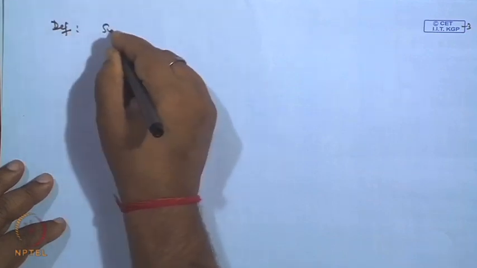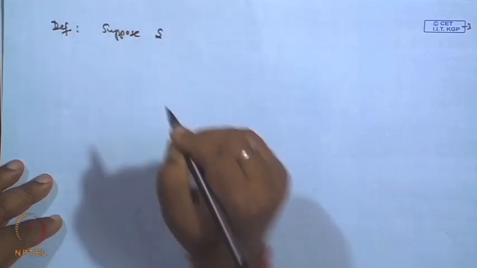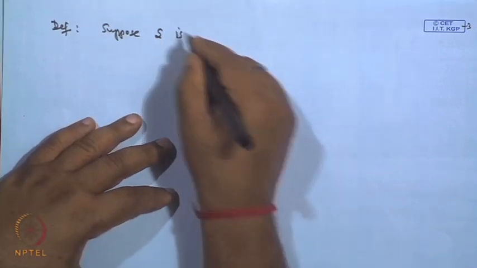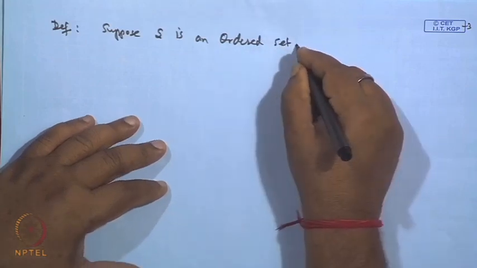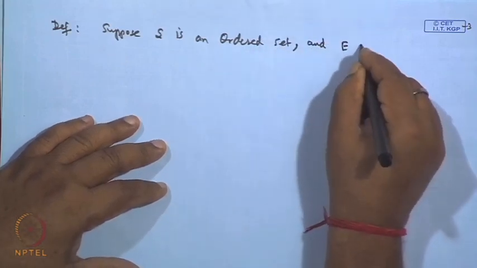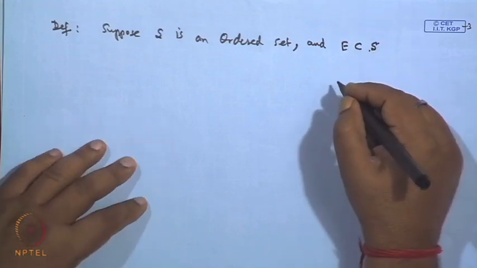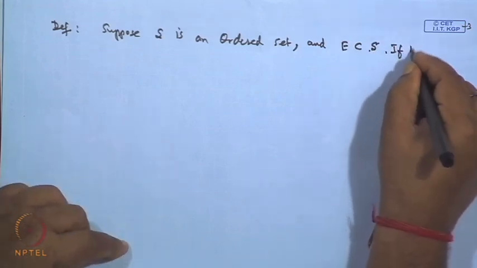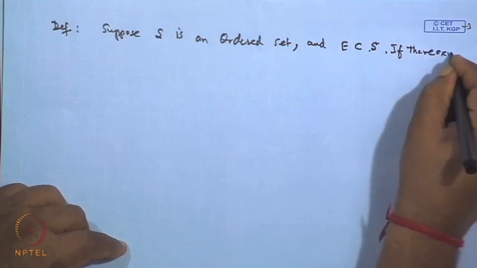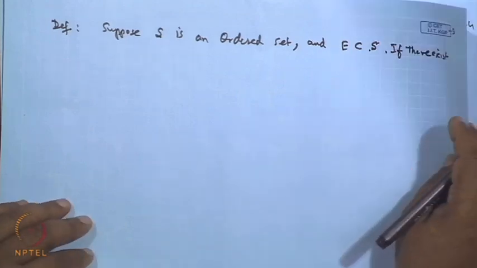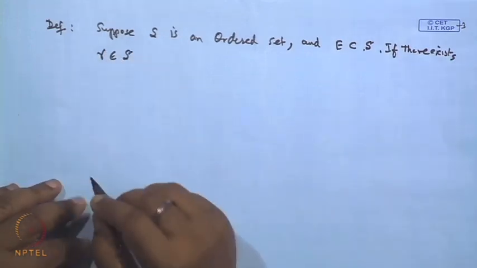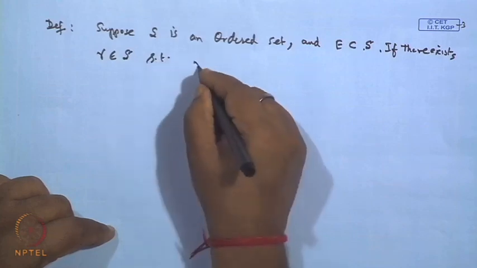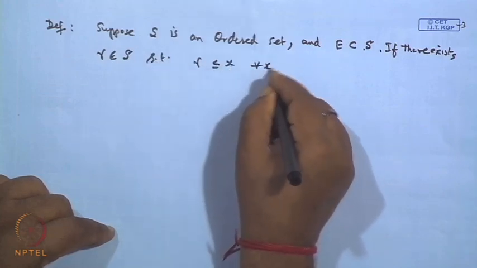Suppose S is an ordered set, and E is a non-empty subset of S. If there exists a number gamma belonging to S such that gamma is less than or equal to x for every x belonging to E,